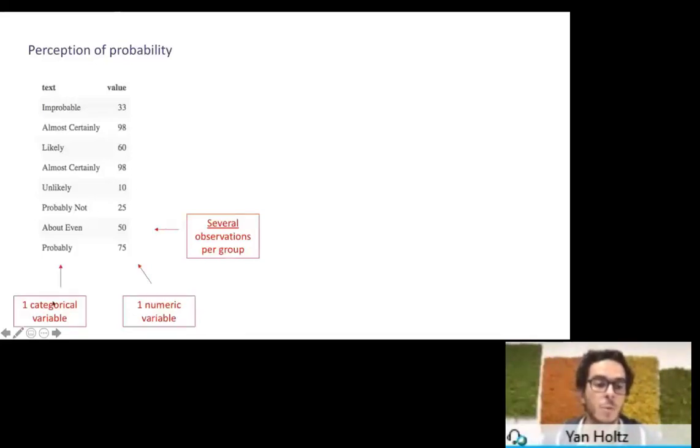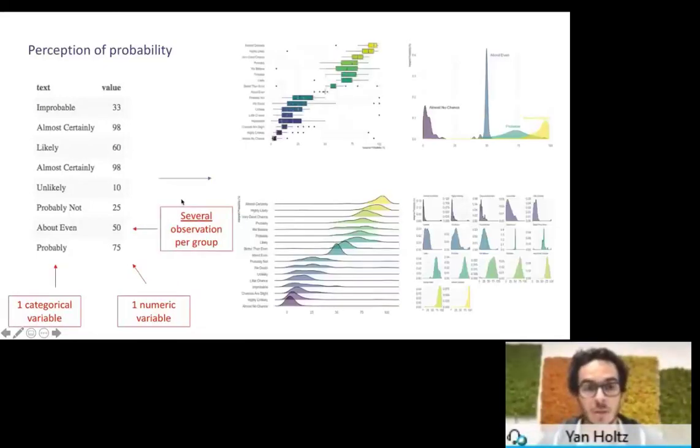We still have two columns, one categorical and one numeric, but this time we can have several observations per group. And as a result, there are some other kinds of views that we can build with it. Because here, instead of having just one value for one bar, we can do, for instance, a box plot, because we have several values for one entry. When you can do a box plot like that, you can do what we call a ridgeline chart as well. You can use small multiples to show the distribution of each entry,